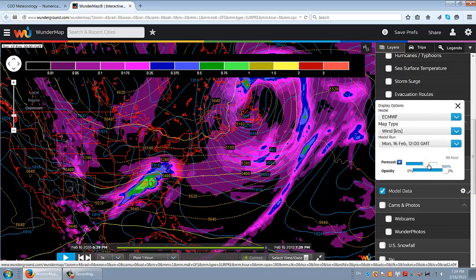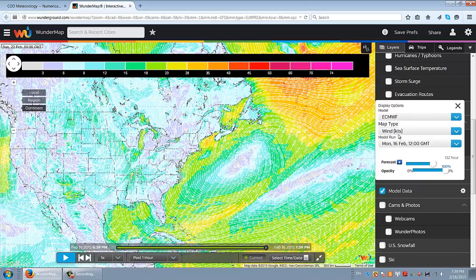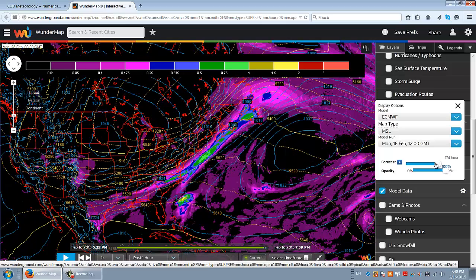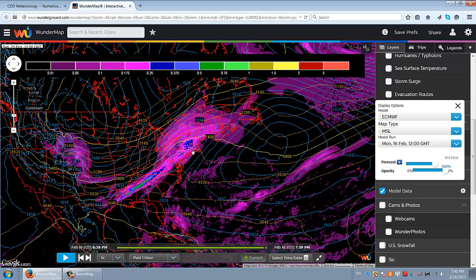This is going out to about the same time frame, next Tuesday. It's going to take some time to load. And this is showing what's going to happen next Tuesday. So this is Sunday, but the GFS model is a little behind what the Euro is forecasting. The Euro is forecasting all rain, because you can see the 5400 level well to the north of New York City, and temperatures in terms of 2 meter levels